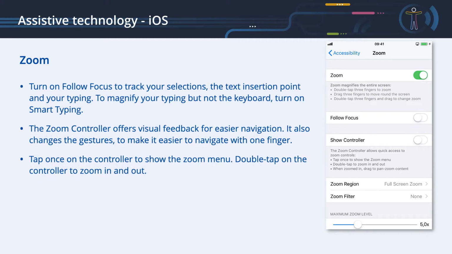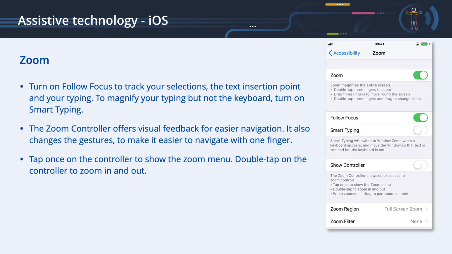Turn on Follow Focus to track your selections, the text insertion point, and your typing. To magnify your typing, but not the keyboard, turn on Smart Typing.